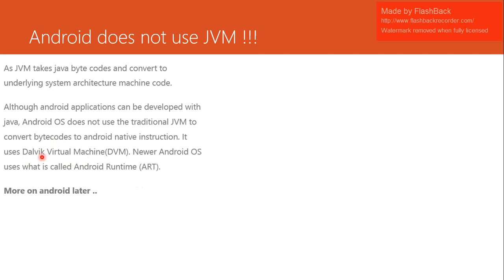DVM was used in previous versions of Android. In newer versions of Android, Google uses what we call the ART, the Android Runtime. It's much better than DVM, but we will discuss more on Android later in